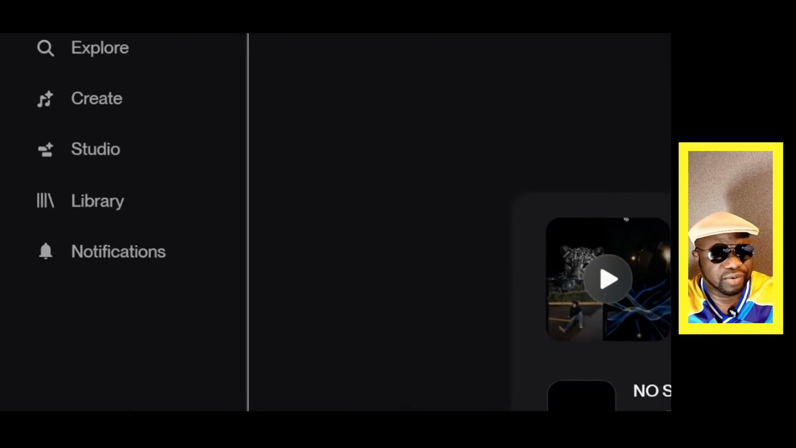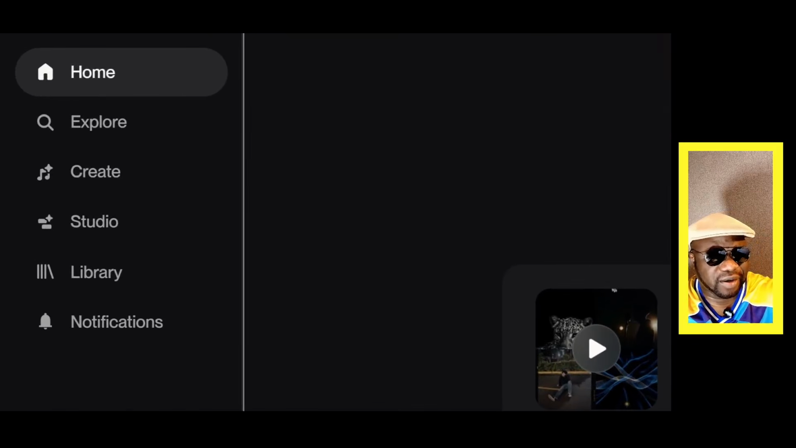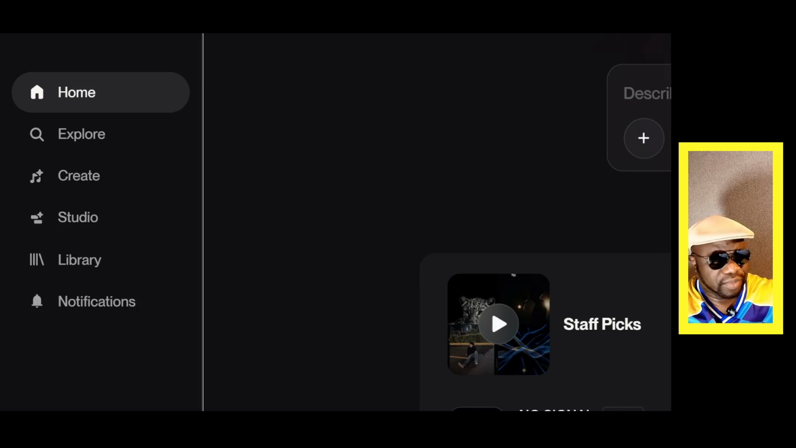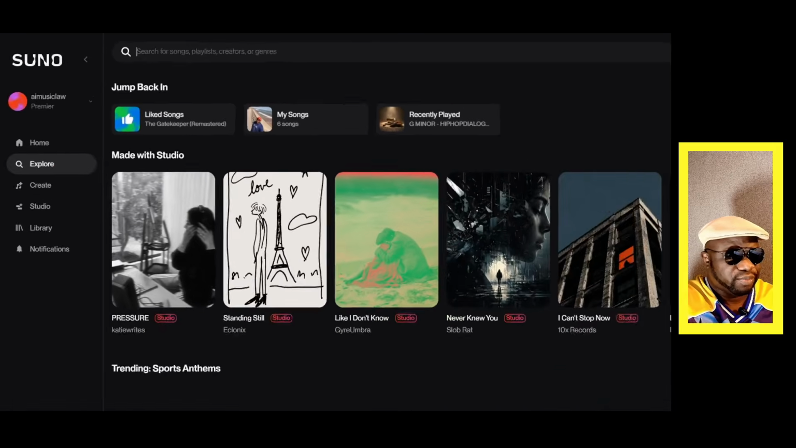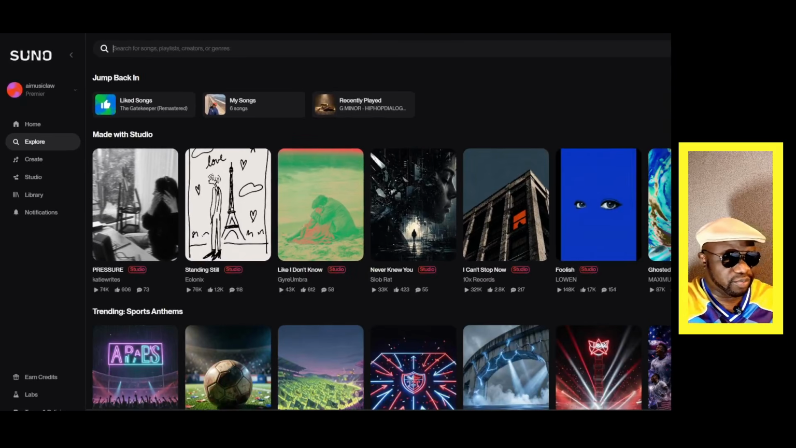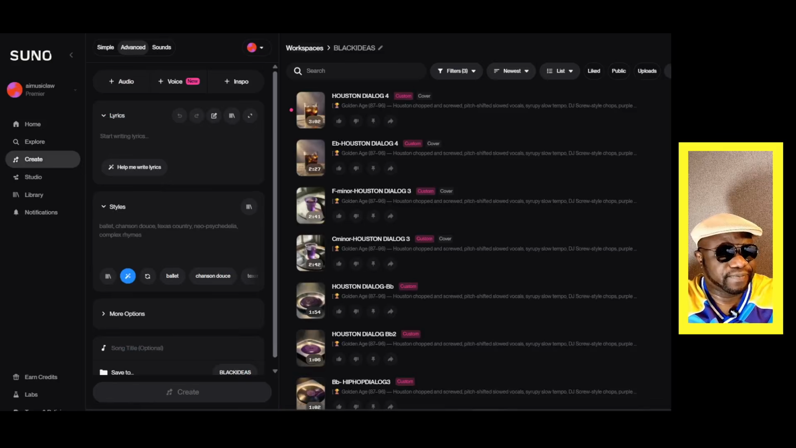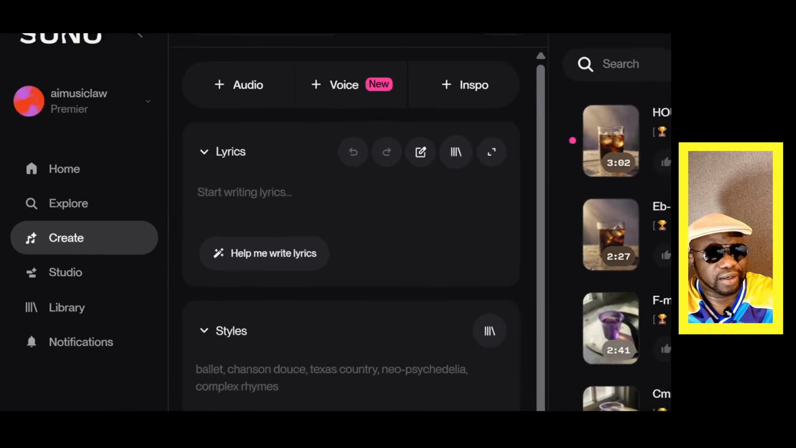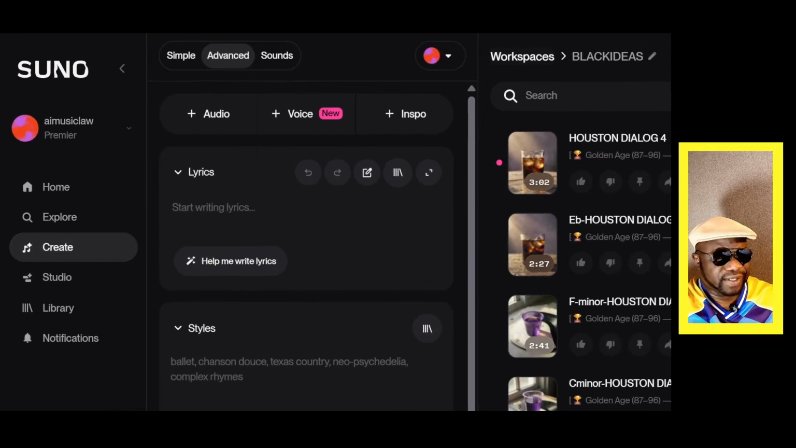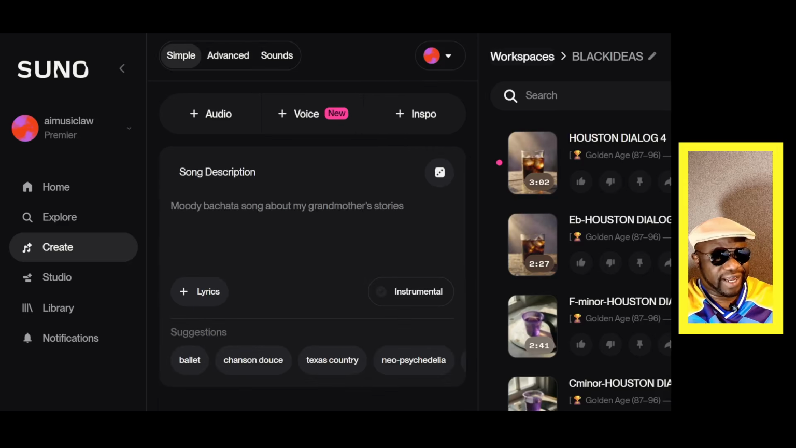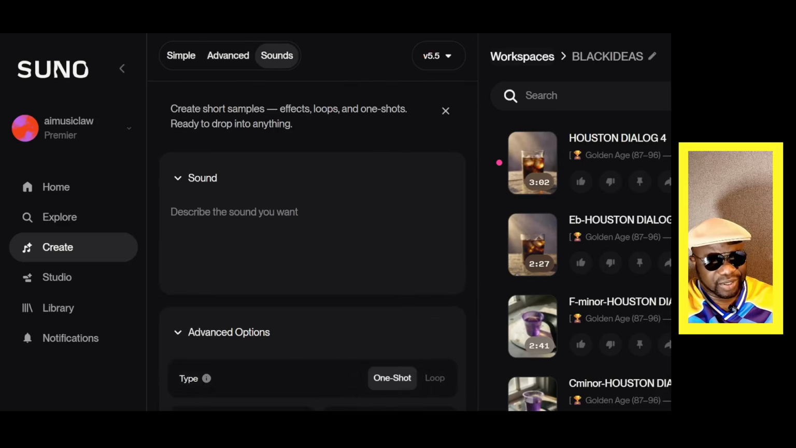Go on down to SUNO. Right here on the left-hand side, you can see we have Home. That will take you to the home page. We'll have Explore. This will enable you to explore different songs that people have created in SUNO. Then we have Create. This is where you will begin to create your masterpieces. We have the Simple, we have the Advanced, and we have Sounds, which is more for sound effects and things